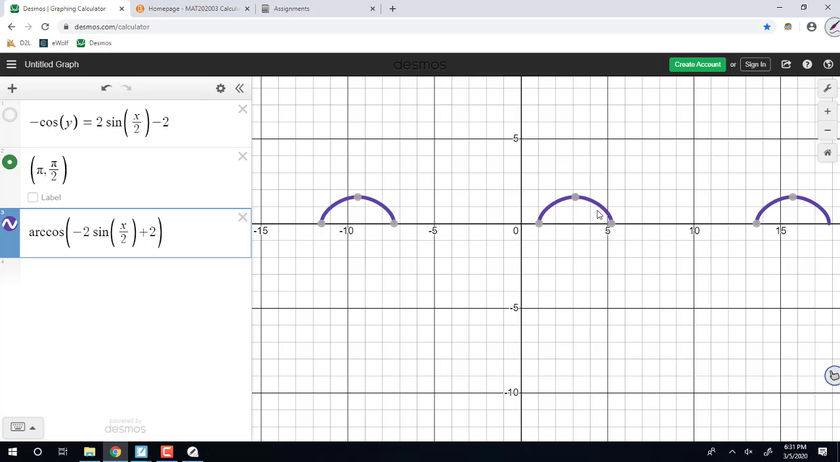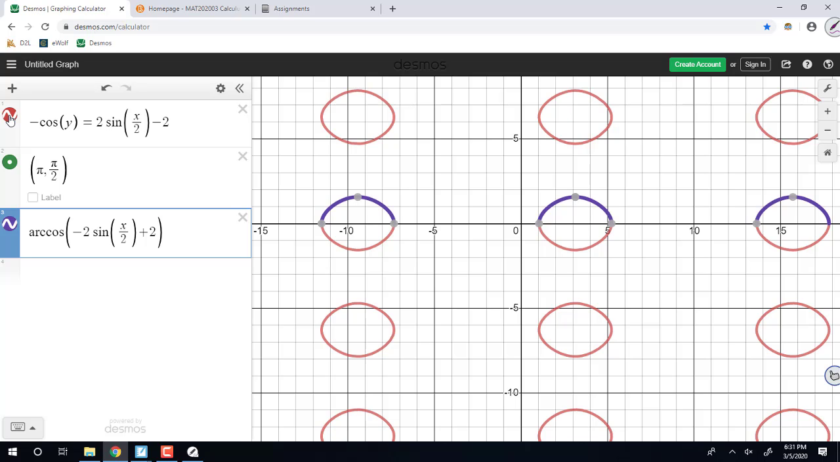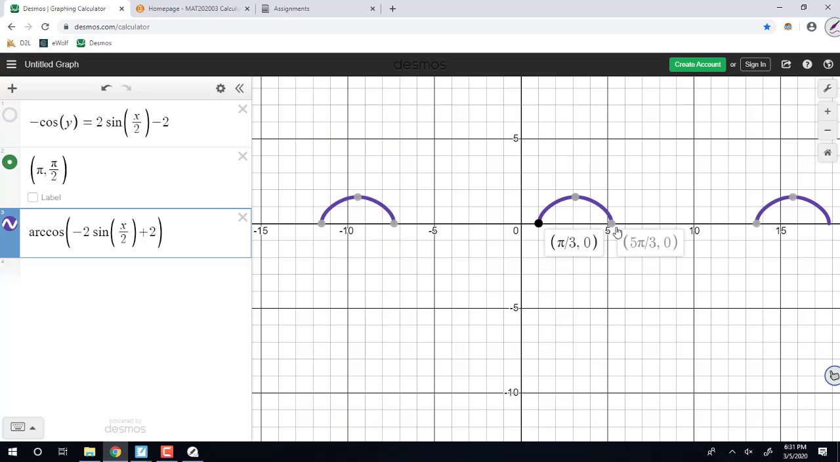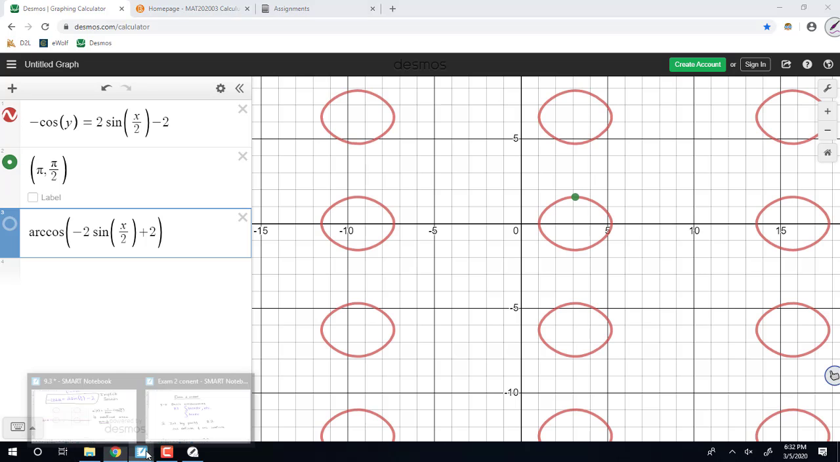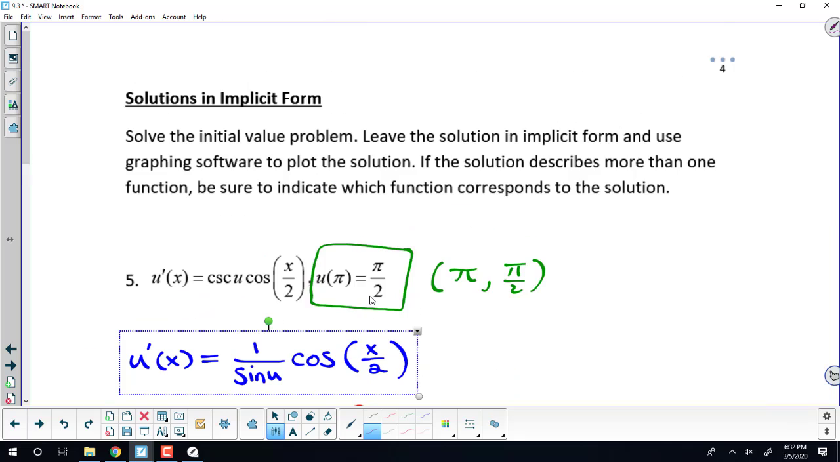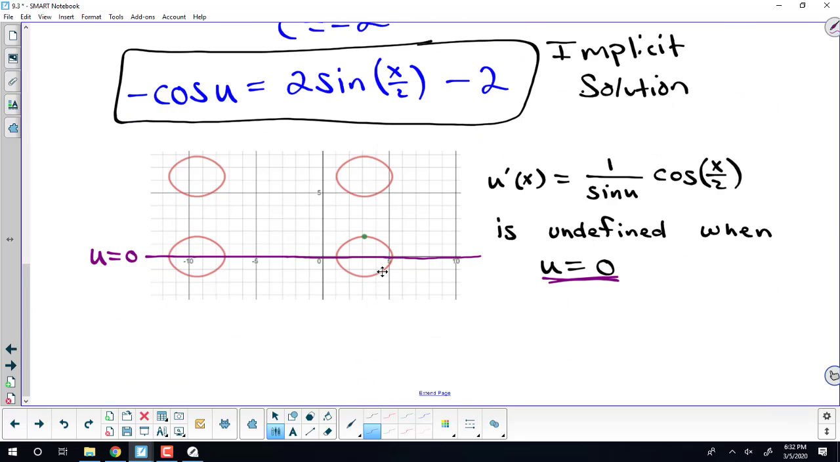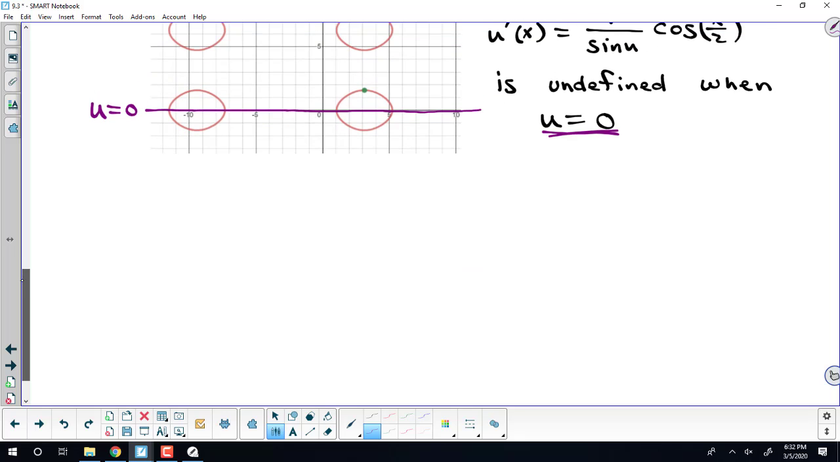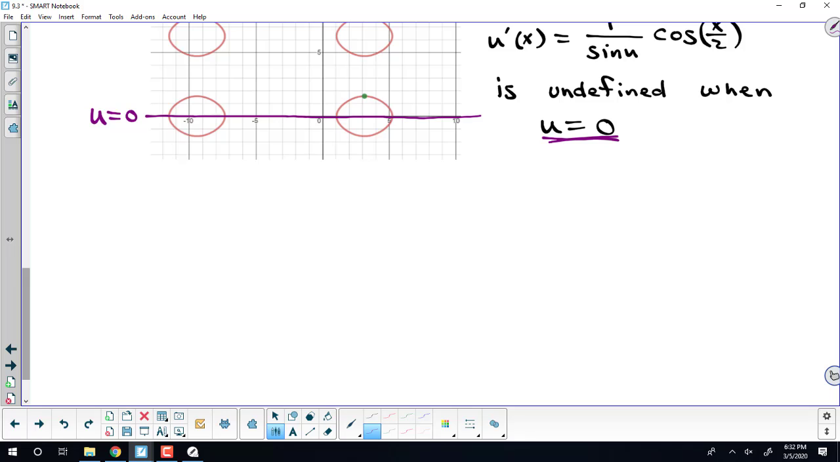Now we're seeing explicitly it's just the top half of that weird ellipse or whatever that is, right? So those are the points that we should be able to come up with. So let's get rid of that. We're still sticking with this for the time being. So undefined when u equals 0. So going back to our implicit solution,